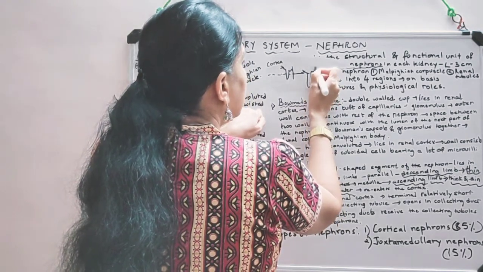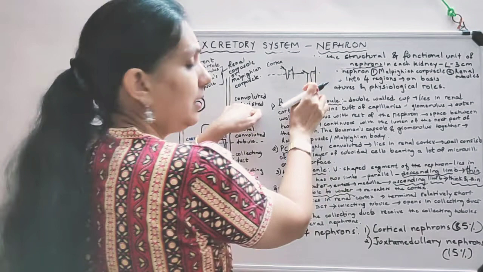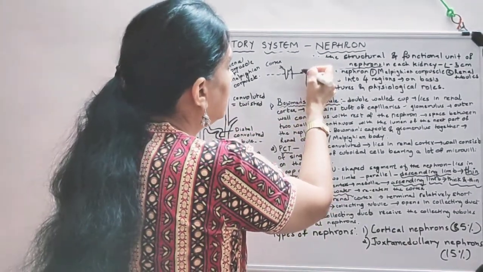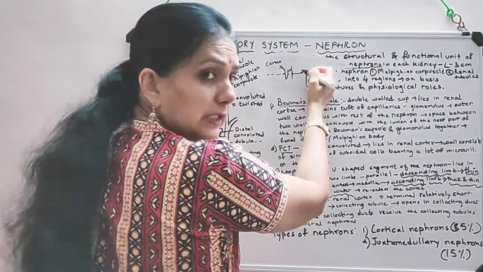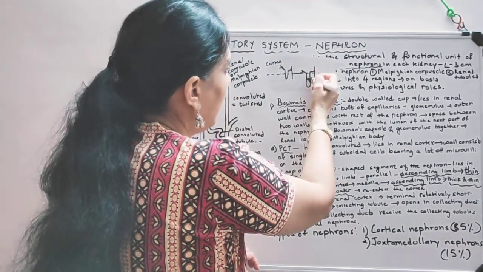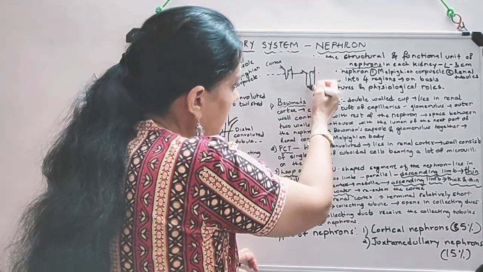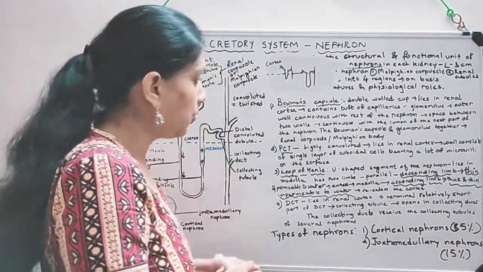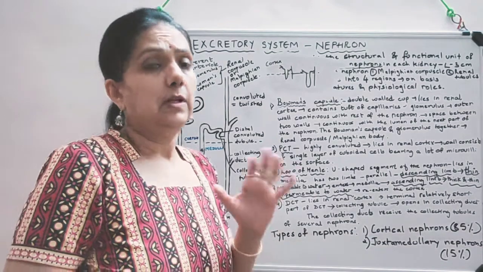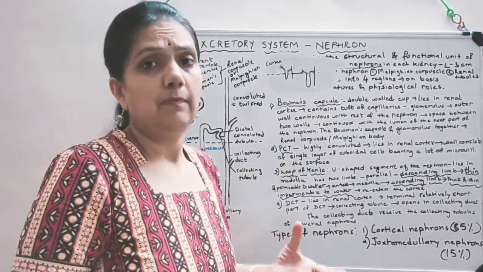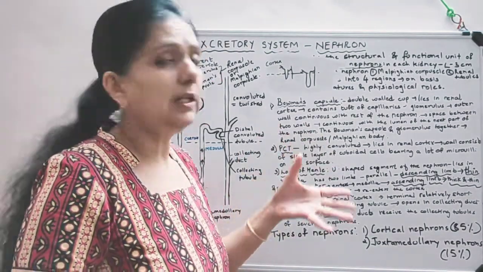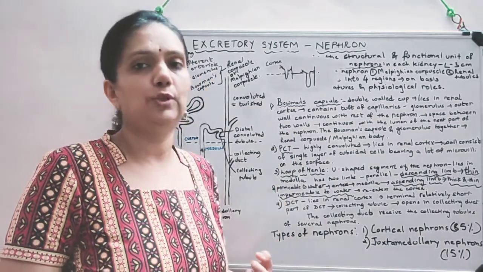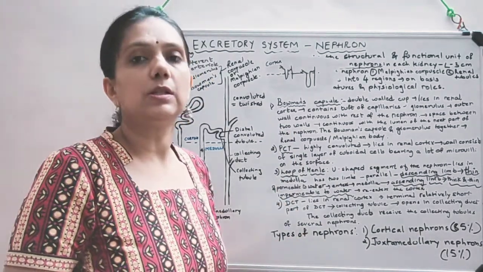So this is the juxtamedullary nephron. Now when the blood is filtered out from here, it is going to run through this loop of Henle and it provides more time. That is, it is specifically for more absorption of the fluids back into the body,